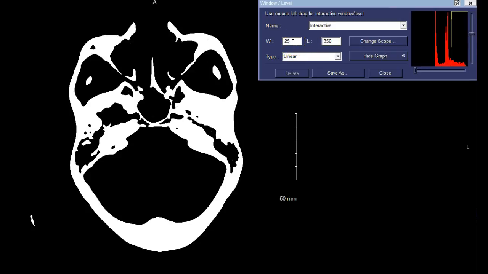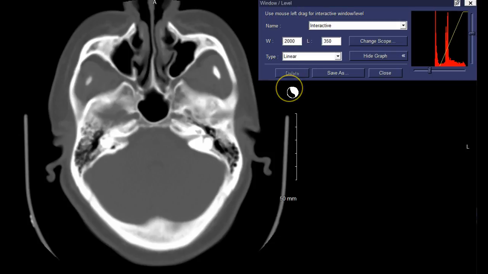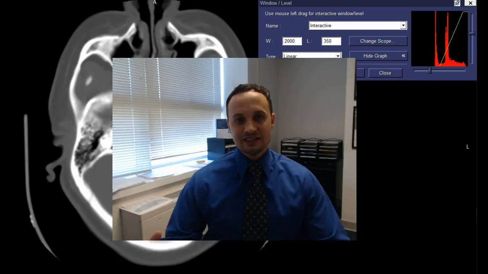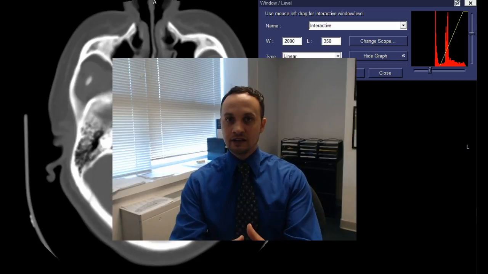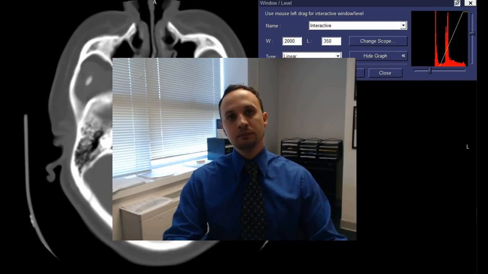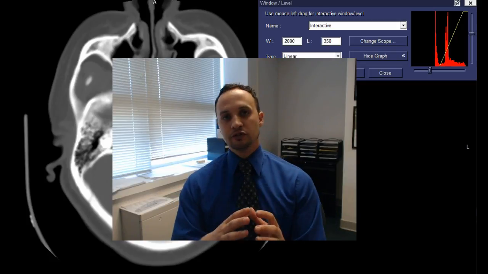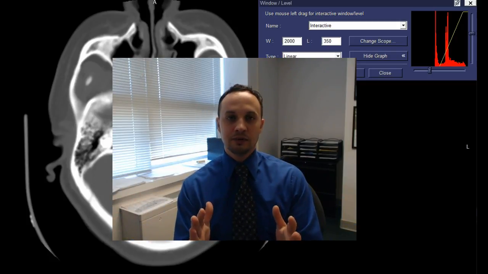In essence, hopefully it's a lot clearer at this point what these manipulations are doing in terms of window and level. And while we're looking at CT-based images here, the same concept is present within digital radiography, where we have the ability to extend our grayscale and set our brightness factors. So in essence, that is windowing and leveling, and how we can take one data set, one scan, and vastly manipulate that information, extend our grayscale, narrow our grayscale,